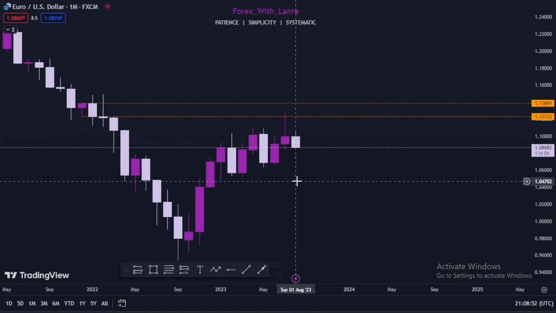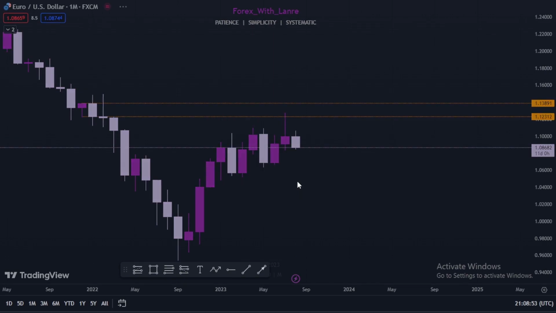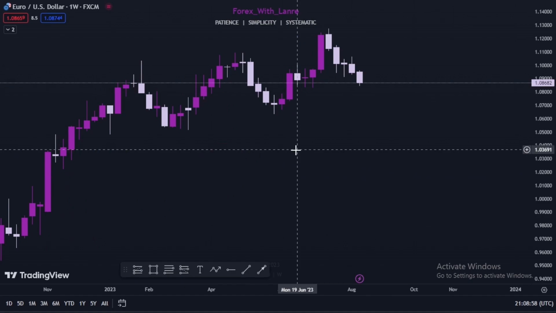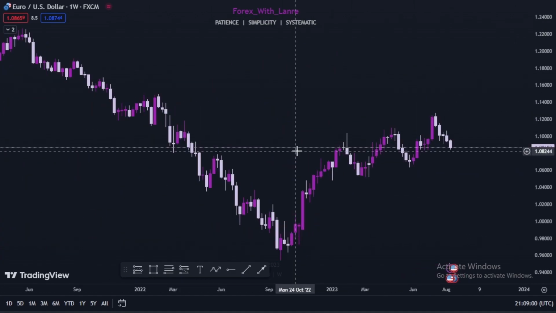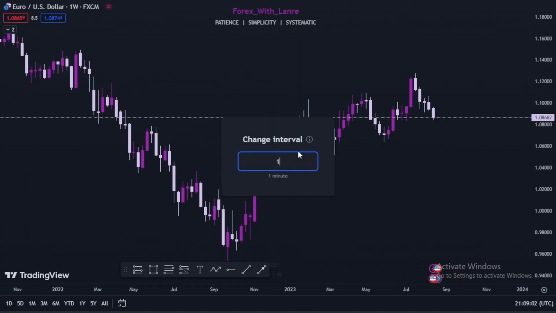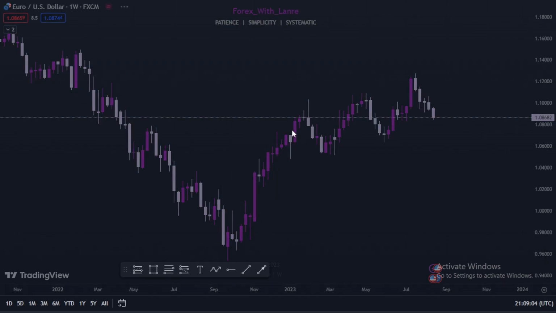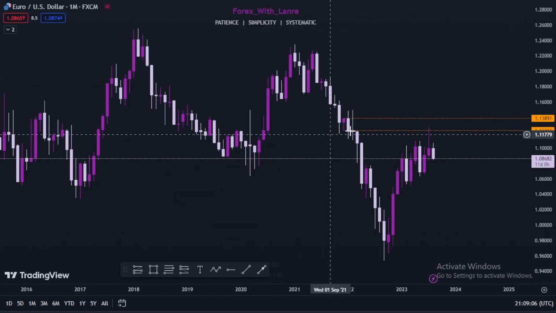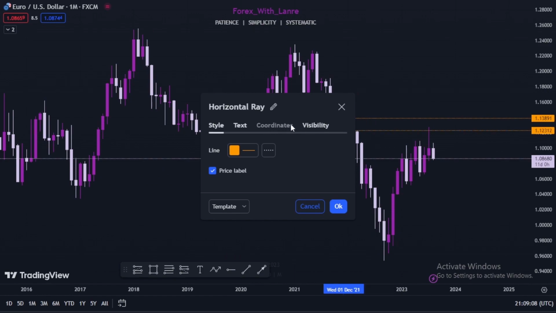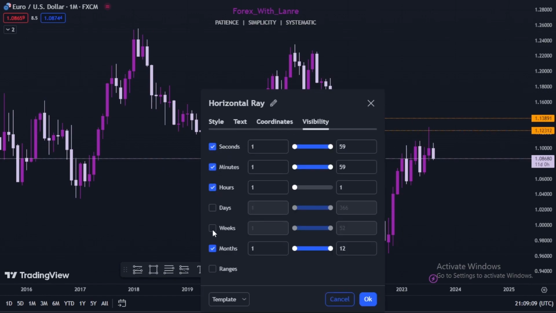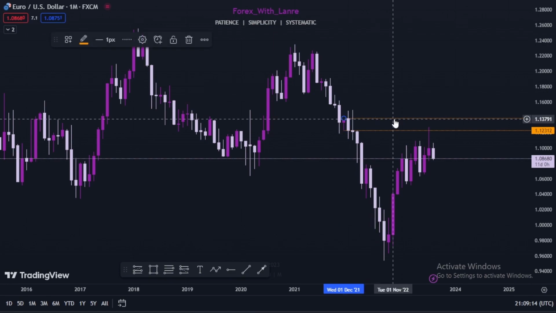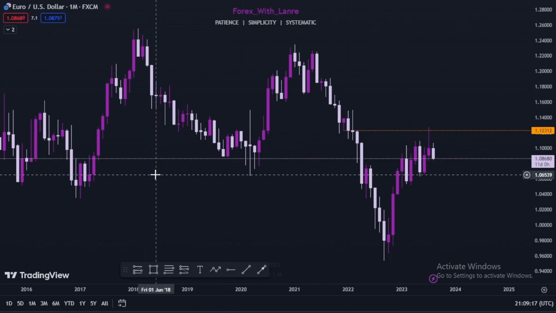So we're just going to head straight into the 1 week chart also and check what we can see from there. Let me head back to the 1 month so that I can toggle on the feature for us to see what we mark on the monthly show on the others. So I'm just going to have this like this, and I'll delete this. So let's go to the weekly